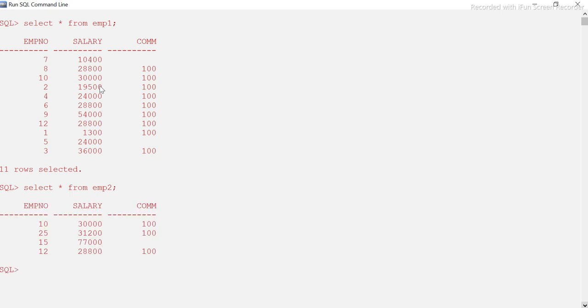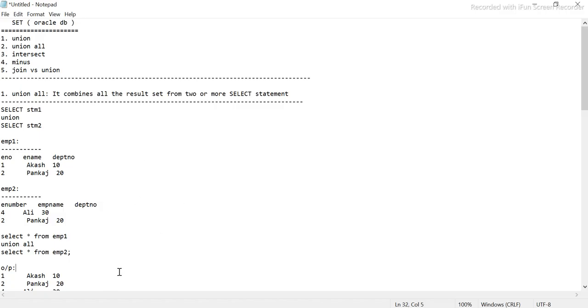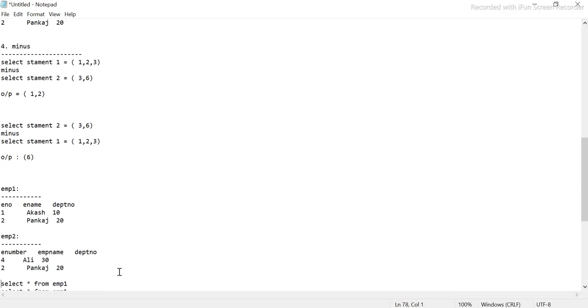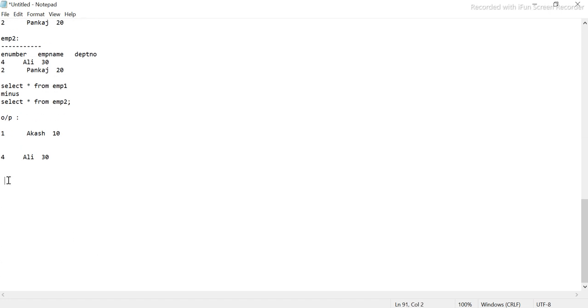Okay, guys, one of the very important things, and I think this is also very tricky for the interview, that I would like to cover now before I jump to the practical things. So the very important thing I will talk about is set operators. Okay, guys, let's pay full attention here. Set operators work on...